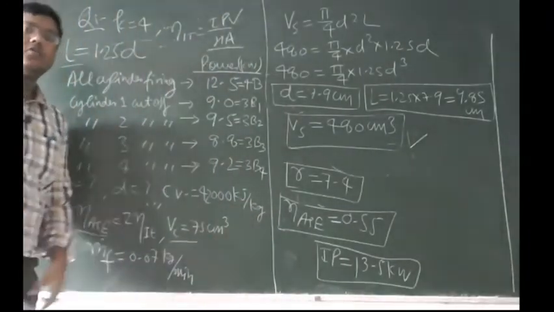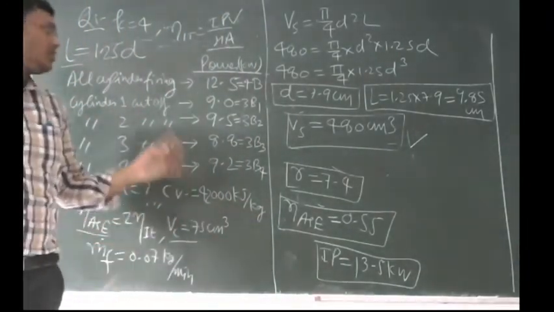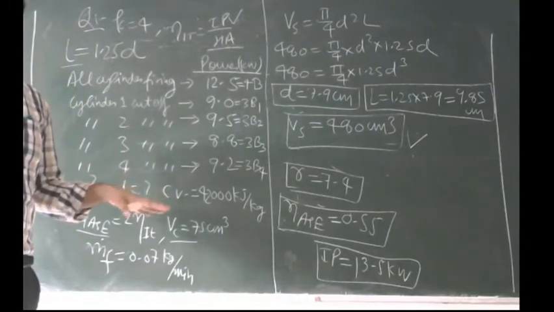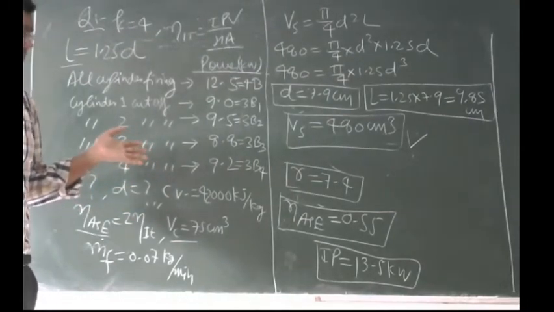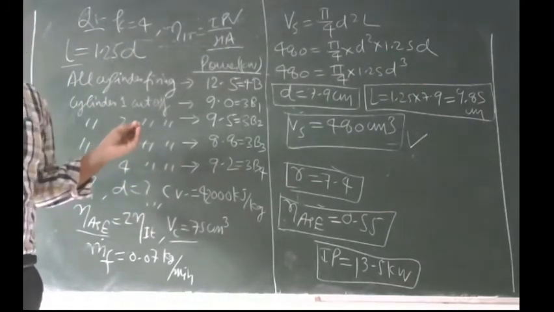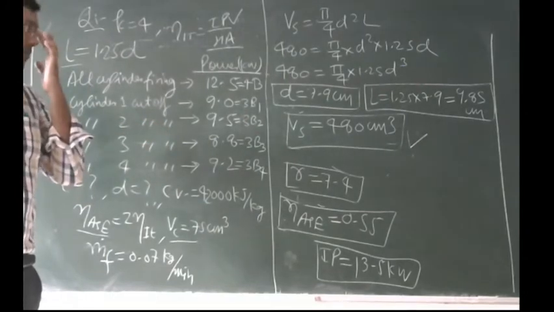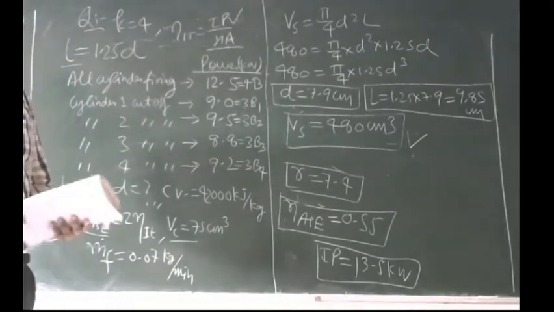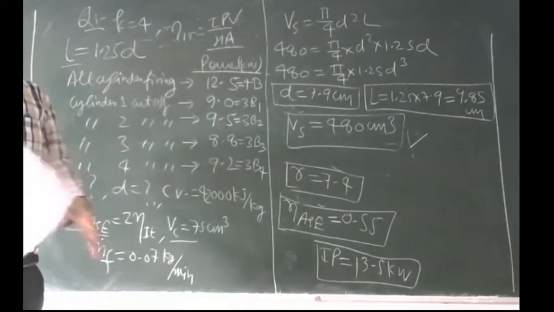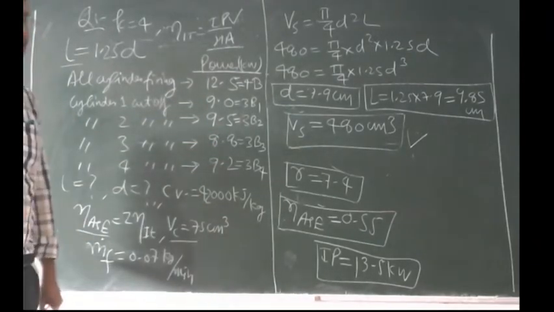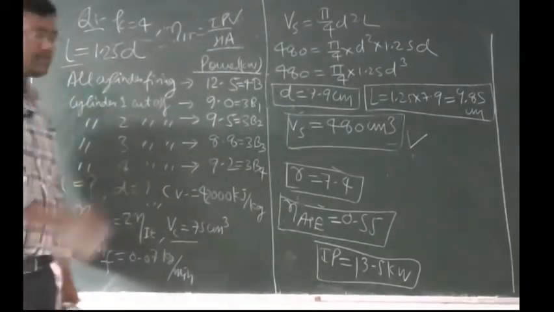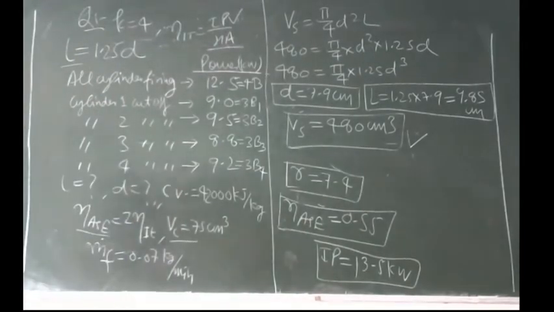So in this way, we can solve the entire question based on the Morse test. We just need to be clear with the concepts, apply the formula, and we get the answer. This type of question can come on the basis of the tests of the IC engine. Now we will discuss some other tests which I have told you about, like the motoring test and the Willans line test.